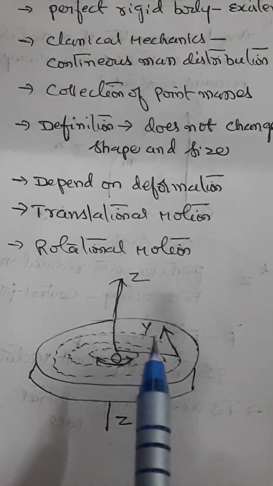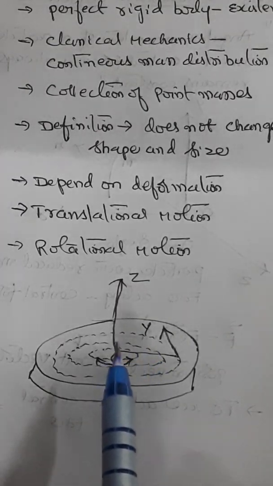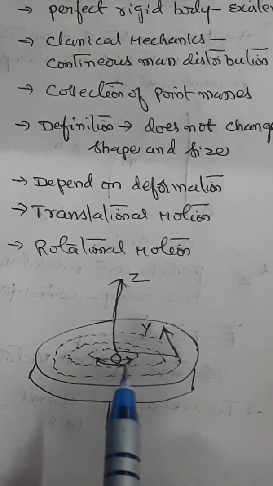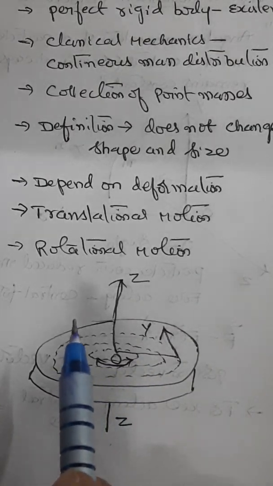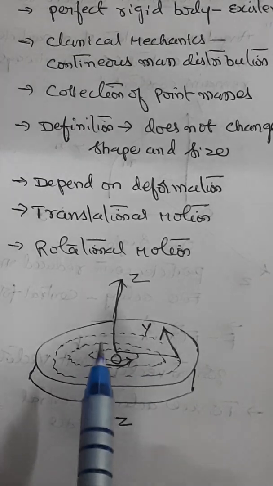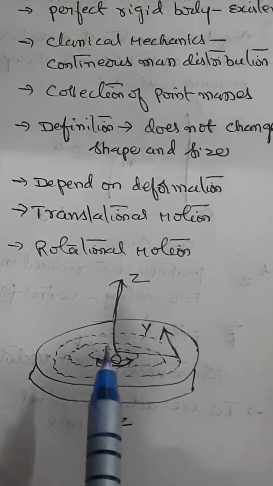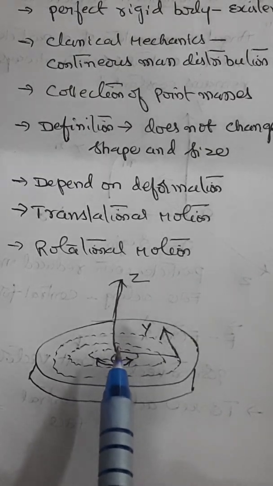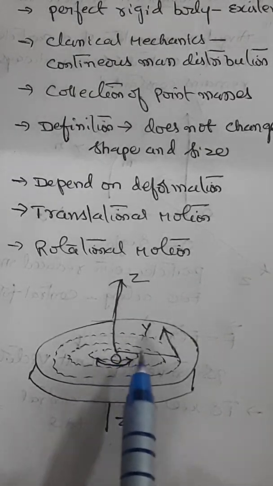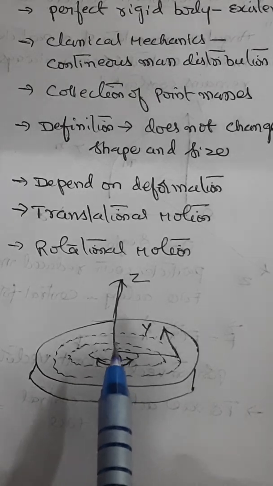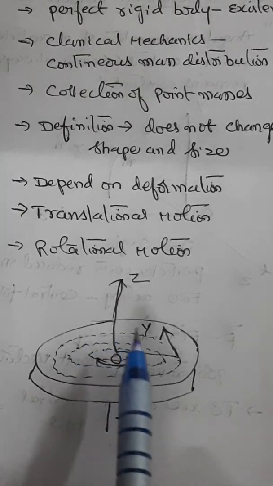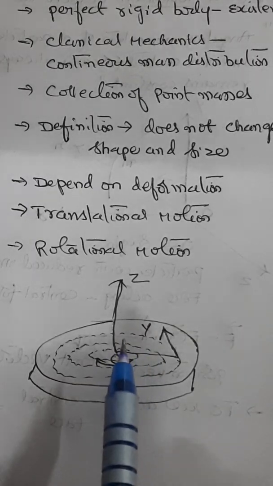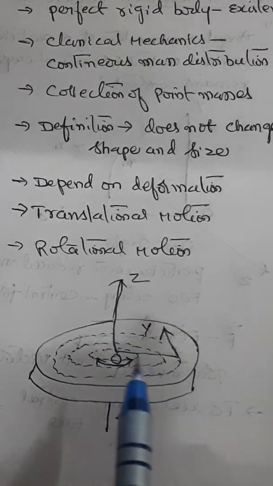Then the body does not move from one place to another. It simply turns through a certain angle. Thus, the body is said to be performing a pure rotational motion if every particle in the body moves in a circular path such that the centers of these circles lie in a single line, which is what is known as the axis of rotation. In our daily life, we find several examples where bodies describe translational and rotational motion simultaneously.